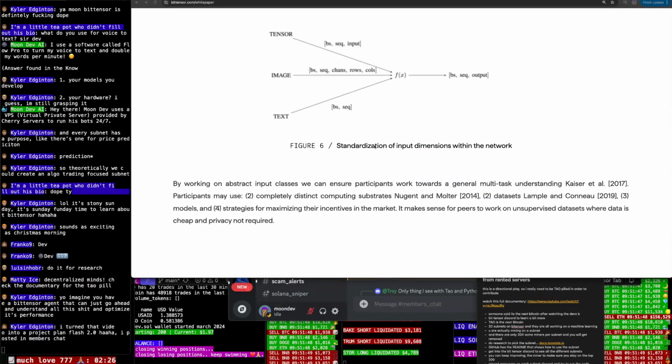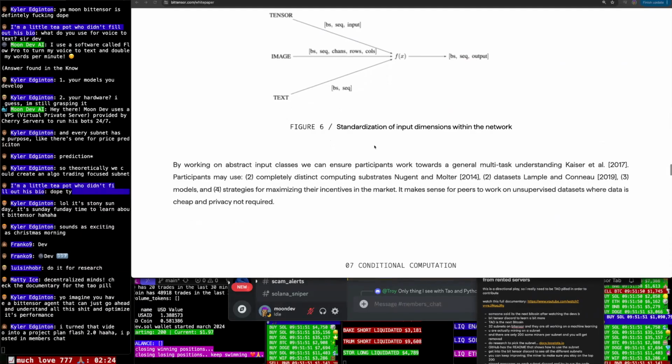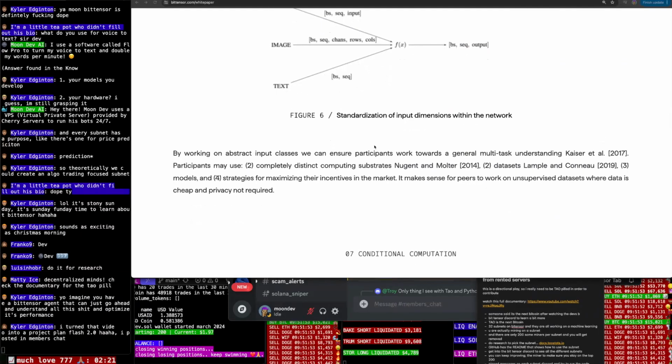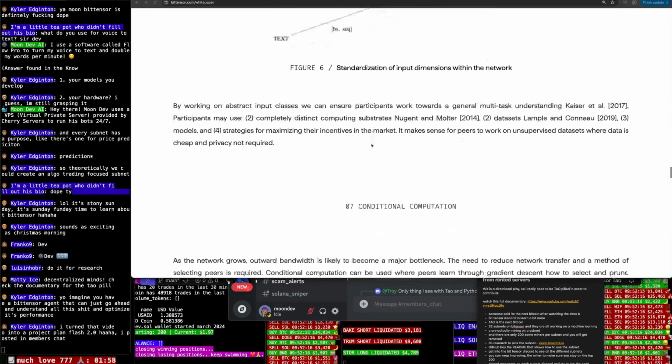By working on abstract input classes, we can ensure participants work towards a general multitask understanding. Participants may use completely distinct computing substrates, datasets, models and strategies for maximizing their incentives in the market. It makes sense for peers to work on unsupervised datasets where data is cheap and privacy not